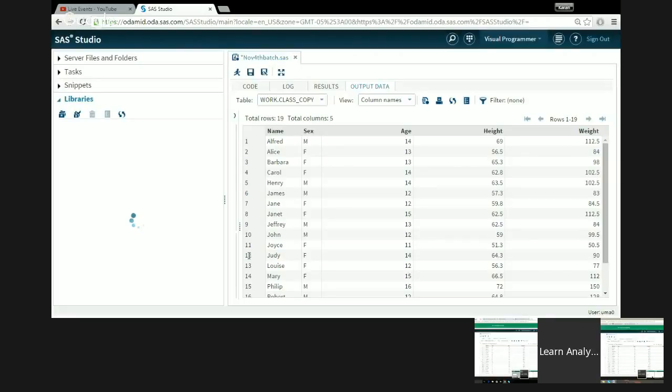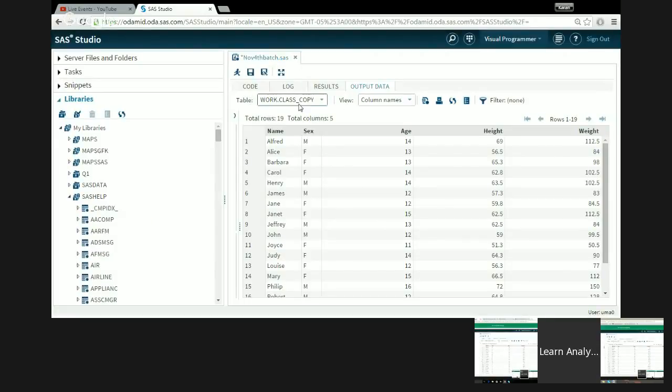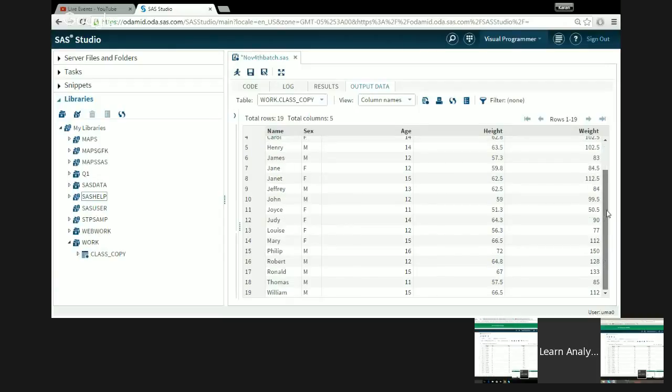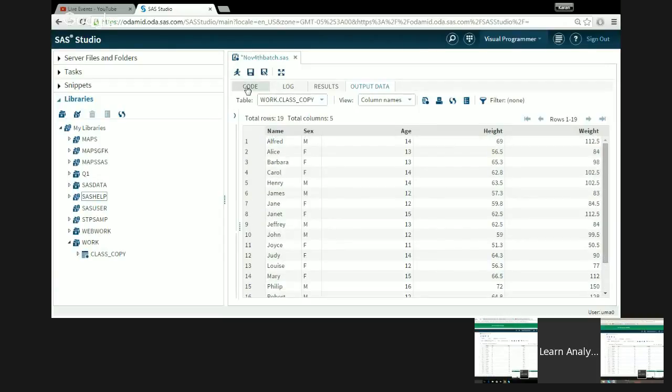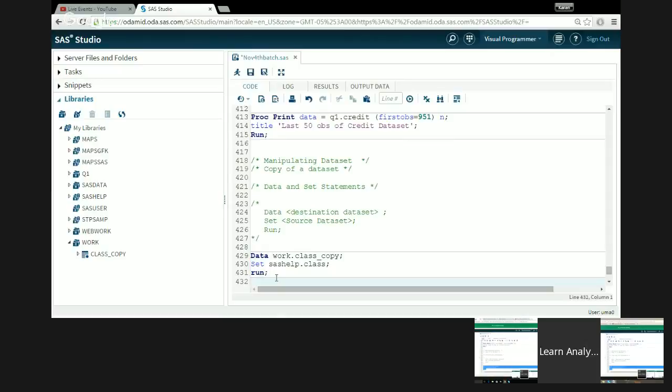Yeah. So here you can see the table name is work.class_copy. If you go to your work library, you will see there's a class_copy data set. So the entire data set has been copied. Similarly, let's say